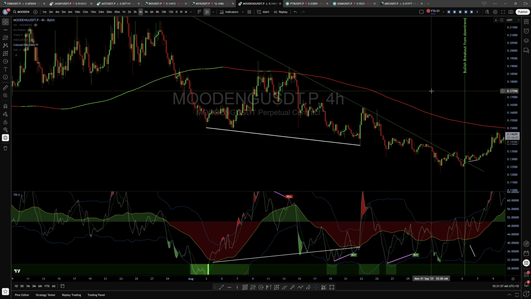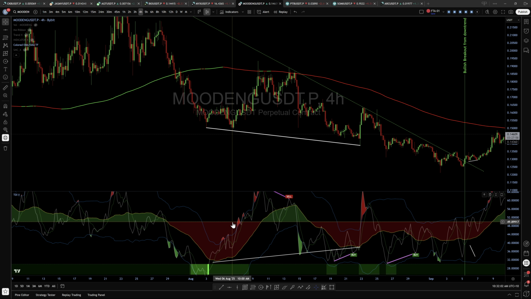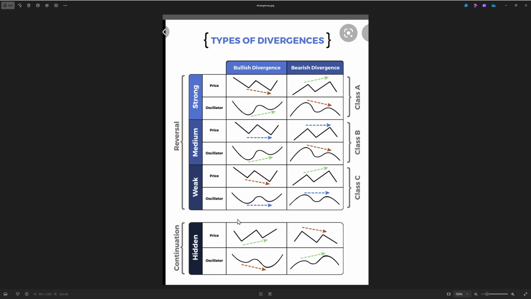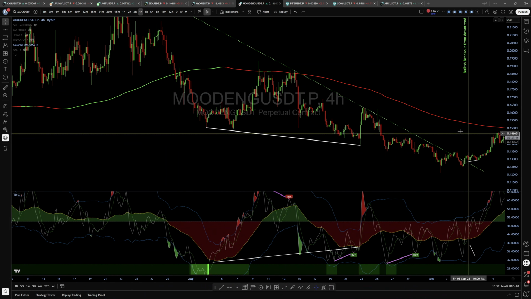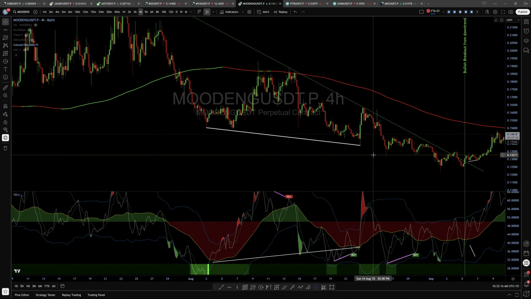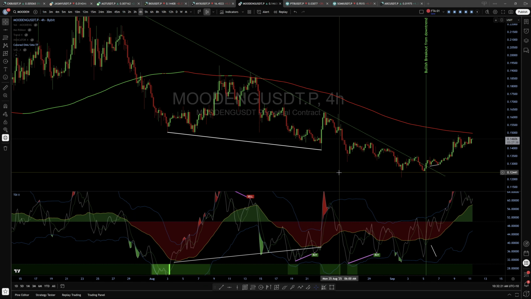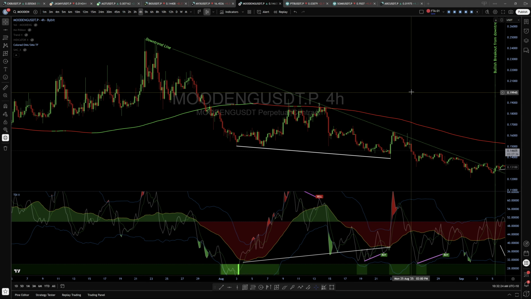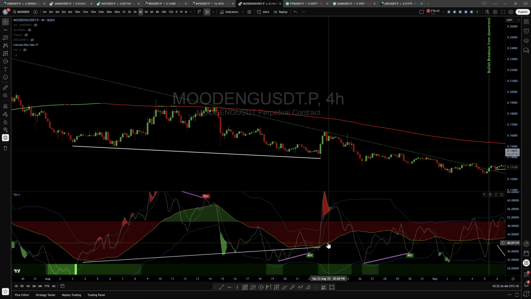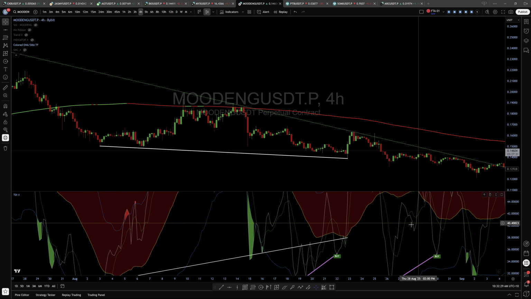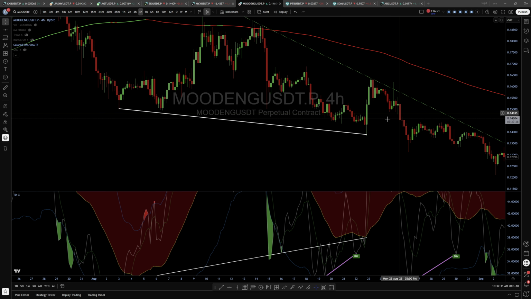So most of you may know what divergences are, and here's a little cheat sheet. You can pause it, screenshot it, or go find a cheat sheet online. And I'll just go ahead and assume you now understand all of this. And what you have here is price coming down, money coming up, and you have your trend line. So the breakout didn't really occur. However, you could have taken a trade on this right around this time, and it still would have been a